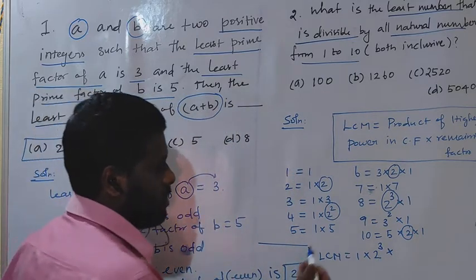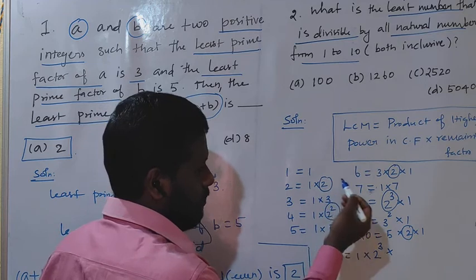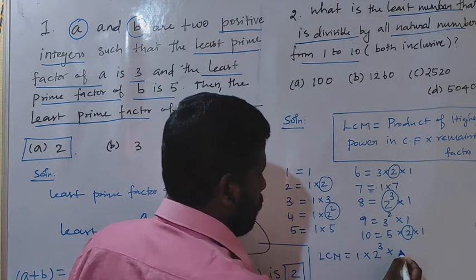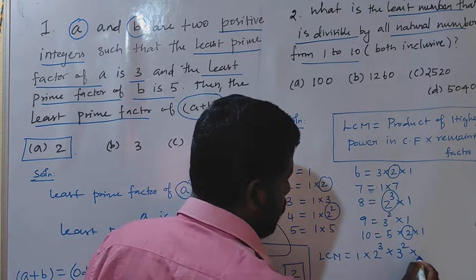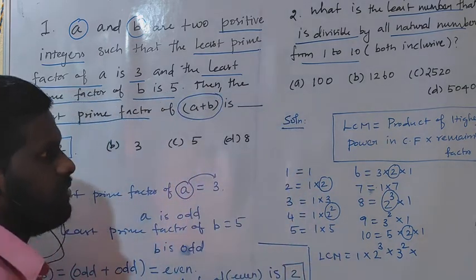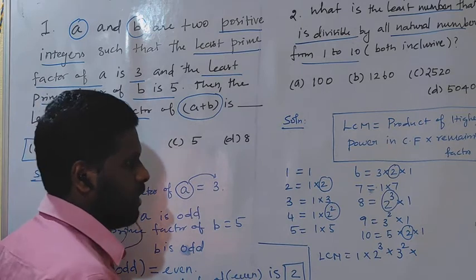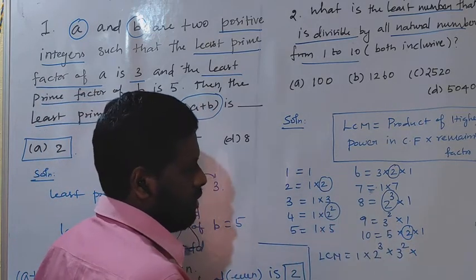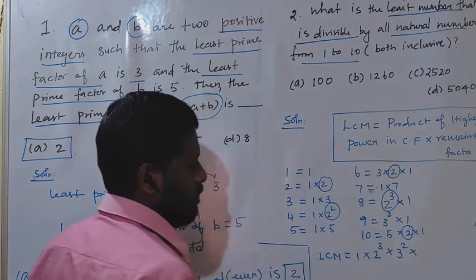Next you have to go with the 3. 3 power 1, 3 power 1, 3 power 2. Among all of them, 3 power 2 is the bigger. I said take the highest common factor into remaining factor also should be taken. So 2 appears in many places, so we have to take the greatest power of it. 3 appears in many places, so we have to take the greatest power of it. Fine.